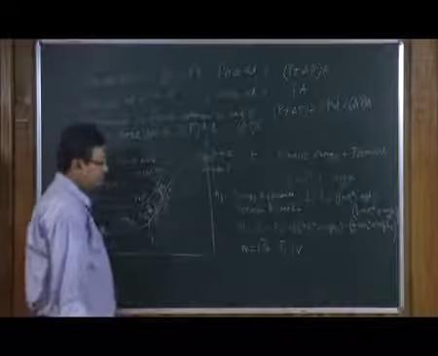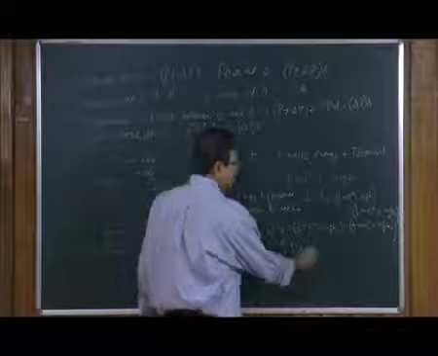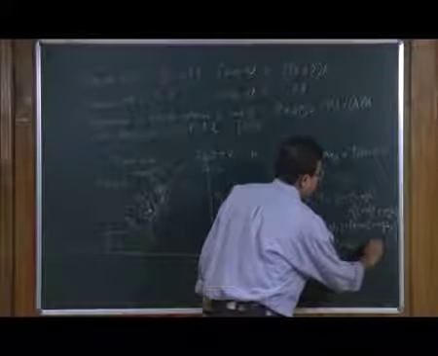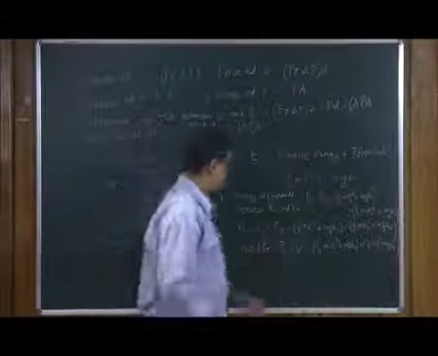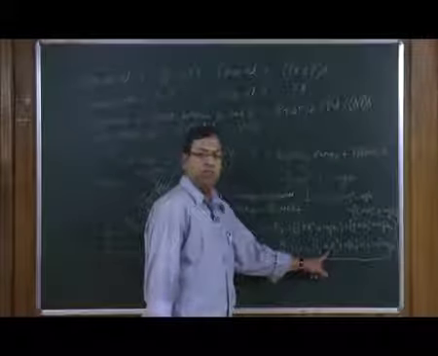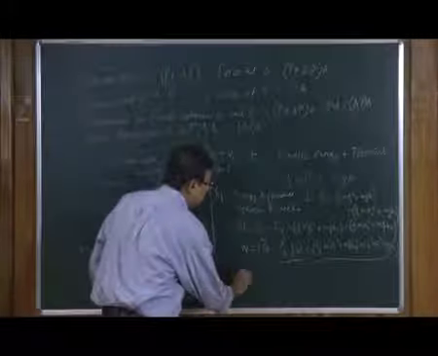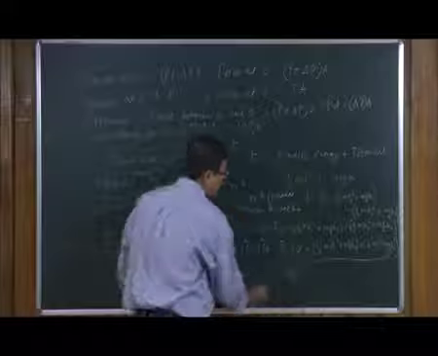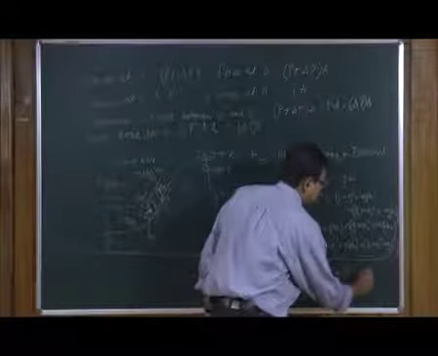P2 is at a larger pressure because the liquid is flowing upstream. So, P2 minus P1 multiplied by V should be equal to E1 minus E2, which is equal to half m V1 square plus mg H1 minus half m V2 square plus mg H2. We can divide this entire equation by V, so that m over V becomes rho, the density of the liquid flowing through the pipe, and then we can simply write P1 plus half rho V1 square plus rho g H1 equal to P2 plus half rho V2 square plus rho g H2,